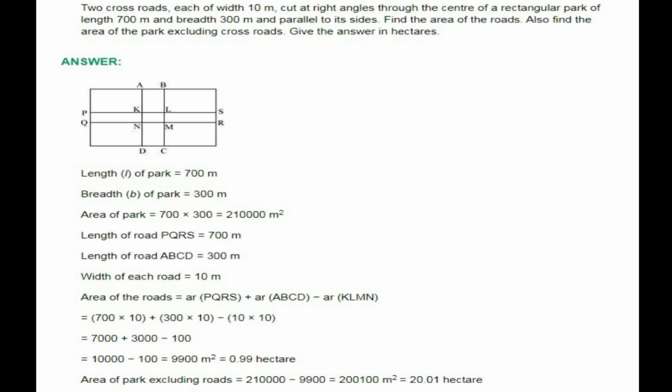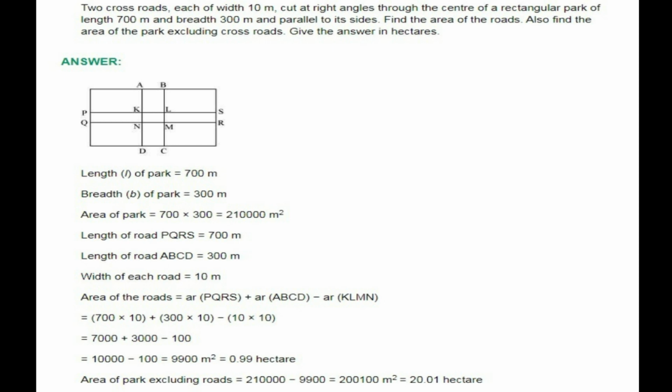So we subtract KLMN from the summation of PQRS and ABCD. We write 700 into 10, add 300 into 10, then subtract the KLMN portion, 10 into 10. So what we are getting is the area of only the roads, that is